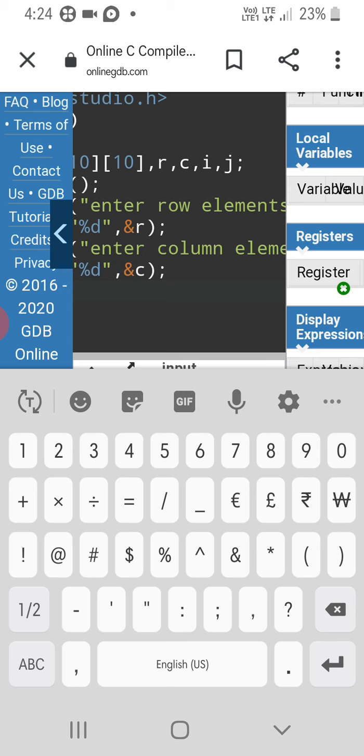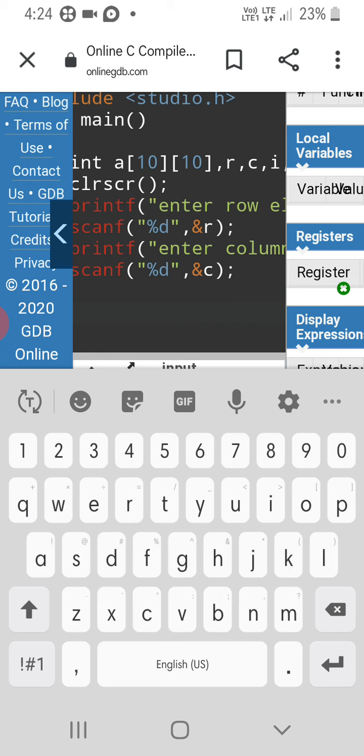Now we need to ask the user to print matrix elements in a sequence. So again we need a printf statement to print matrix elements in a sequence.